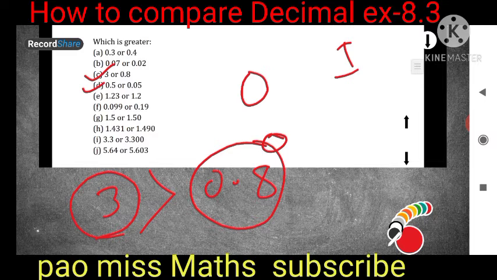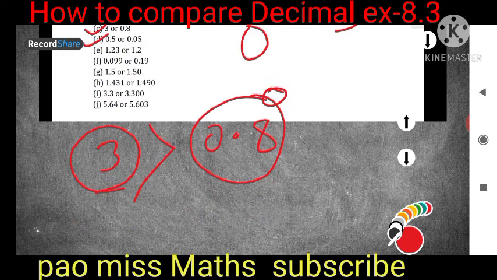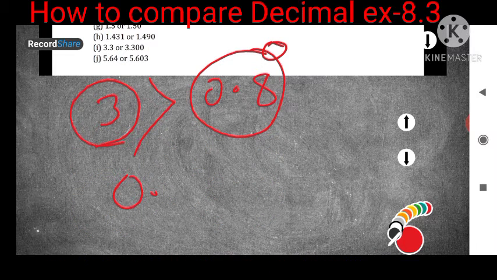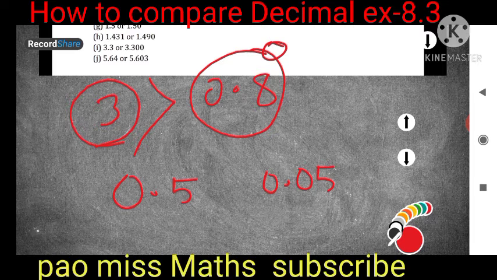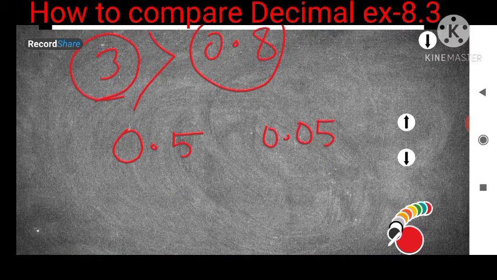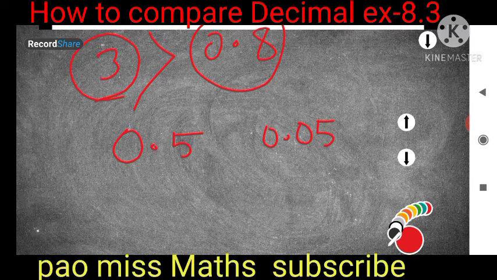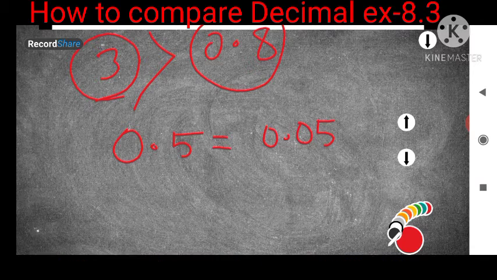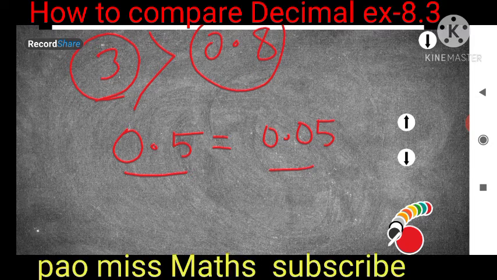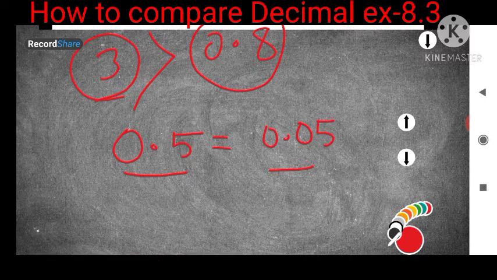Now the second question, D. Okay, very important. So here 0.5 and 0. So don't come to the conclusion, don't jump. Okay, I will explain, because in this question so many students jump in right away and guess, and they will give the equal sign, but that will be false. Here you can see after the decimal there is 5, and here also they will think after the decimal it is 5, so it will be equal, but this is not the correct way. Okay, how will you do it?